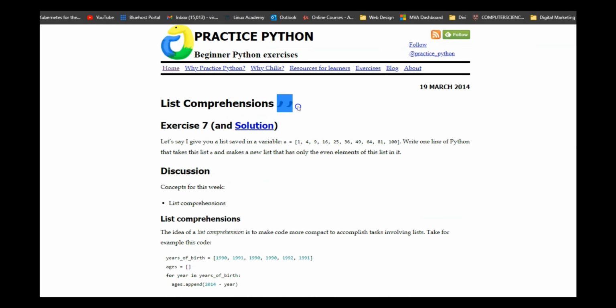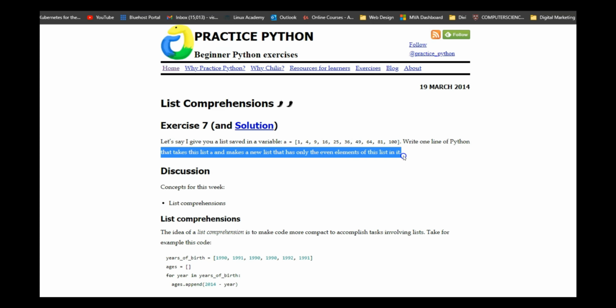So as you can see, it is not that difficult. We did not do this earlier because it could get confusing for a lot of people learning Python. It's one line of code that does a lot of things. This program gives you a list, and you have to write one line of Python that takes this list and makes a new list that has only the even elements of the list.